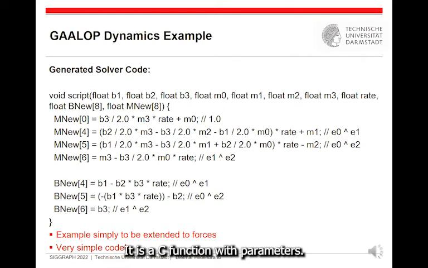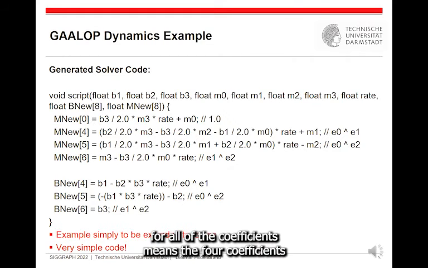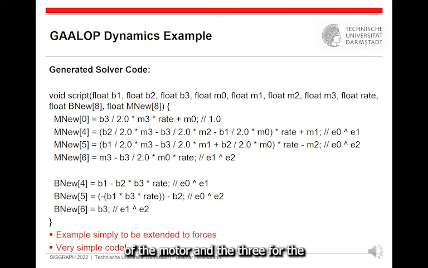It is a C function with parameters p1, p2, p3 for the velocity, and with the parameters m0, m1, m2, m3 for the motor, and also the rate can be used as a parameter. And then the computations are very simple for all of the coefficients, meaning the 4 coefficients of the motor and the 3 for the